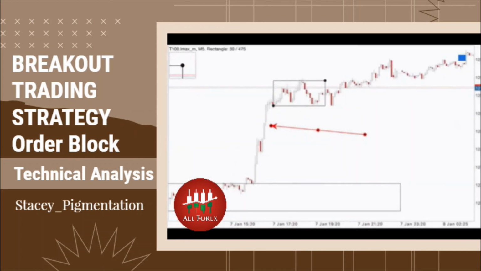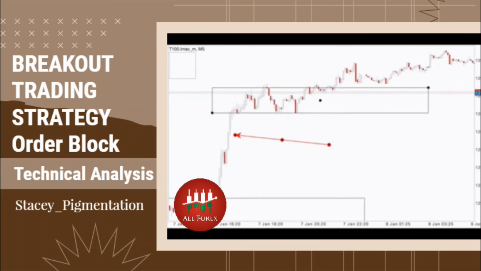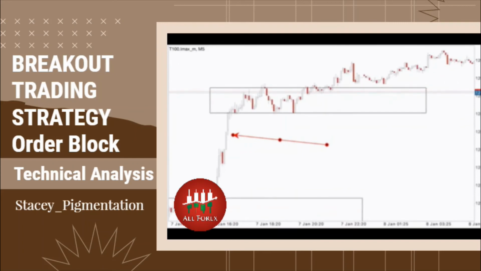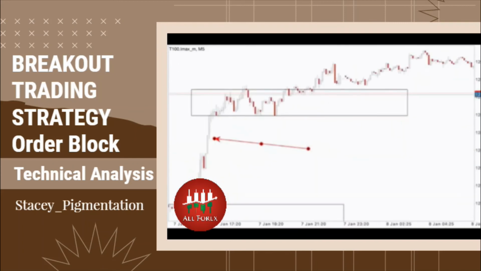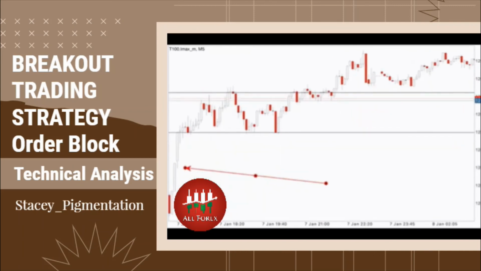consolidation. So the reason I always say extend is because it can end here like this, it can end here like this, but you don't know what is going to happen here. So always extend this thing to the right. And then that's when you see proper breakouts. So here it